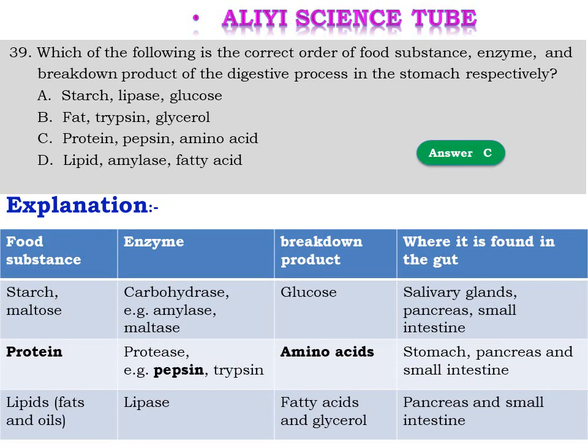Let us see the explanation. Starch is digested by which enzyme? Carbohydrates are digested by enzymes like amylase and maltase, and the product is glucose. Protein is digested by protease, or pepsin and trypsin, and the product is amino acid. Lipids, or fats and oils, are digested by lipase, and their products are fatty acid and glycerol. So the correct